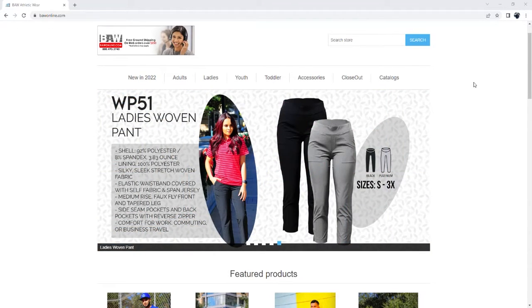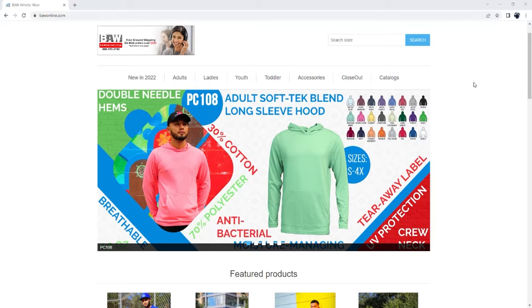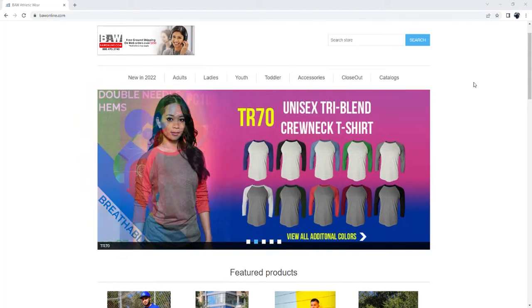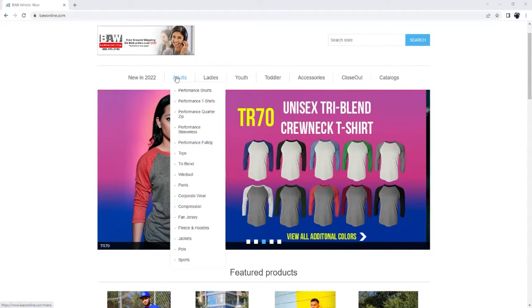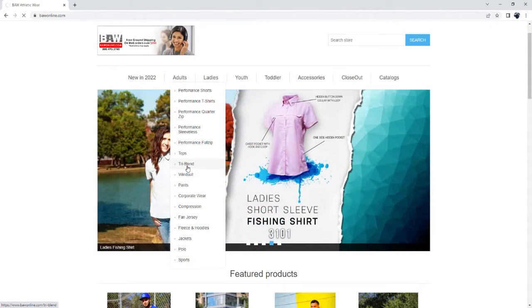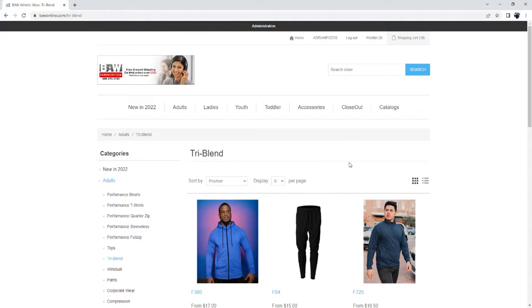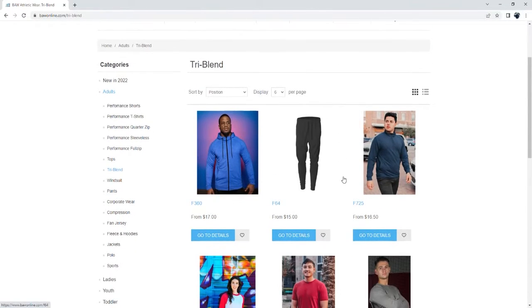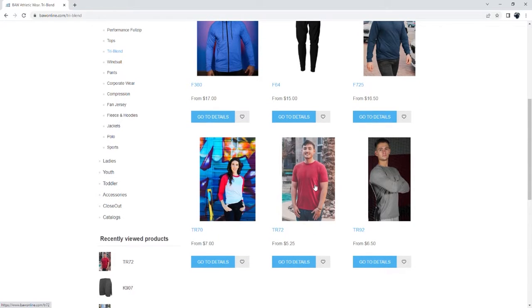Okay, so say I'm looking for a tri-blend t-shirt. You'd simply hover over to the adult tab and go down to tri-blend. You click on tri-blend, and here you can see all our tri-blend products. If you scroll down, you'll find our tri-blend t-shirt, which is going to be our TR72. From here you can go ahead and click on go to details,